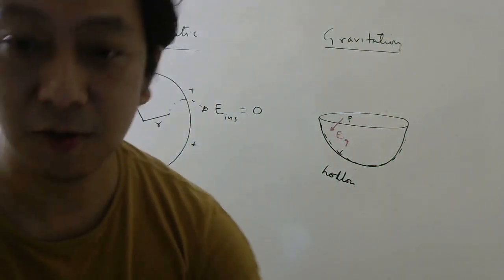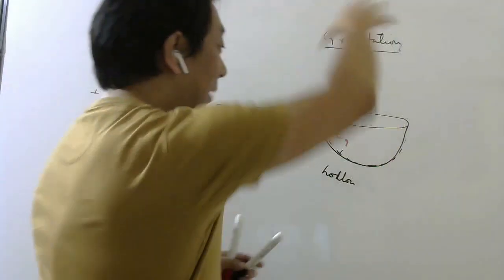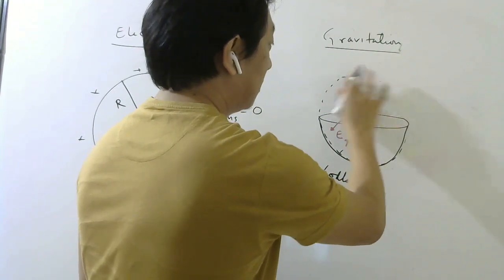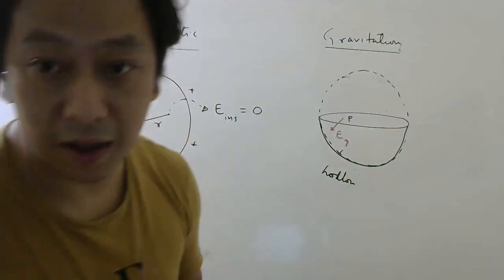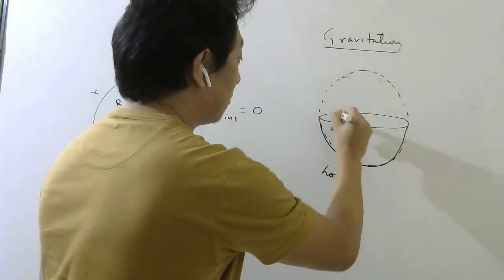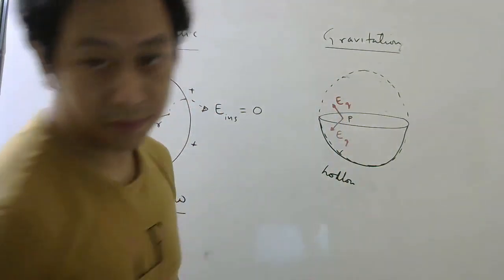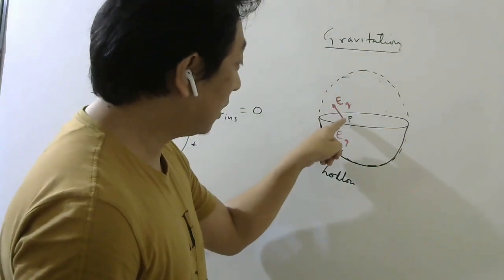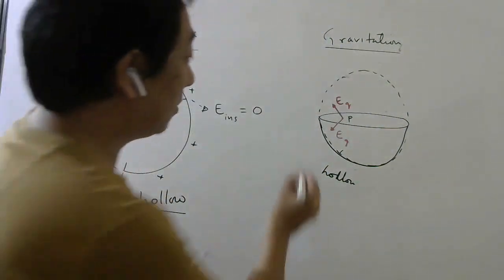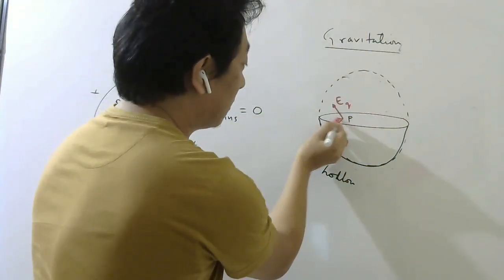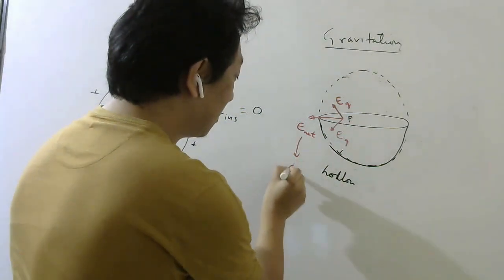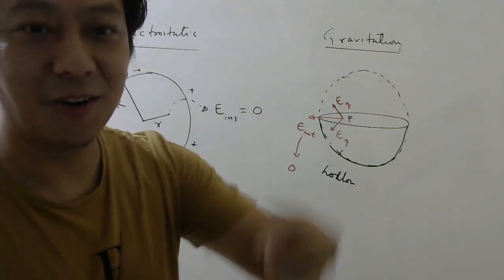If you do that, then you are doing wrong. Why? Because when you add the upper half, listen carefully, if the lower half is producing field this way, then the upper half will produce it this way. Yes or no? By symmetry, if the lower half is pulling the unit mass this way, then the upper half will pull the unit mass this way. So when I add both of them, the total will be this way. But I just told you the total must be 0. Gravitational field inside the hollow sphere is 0.